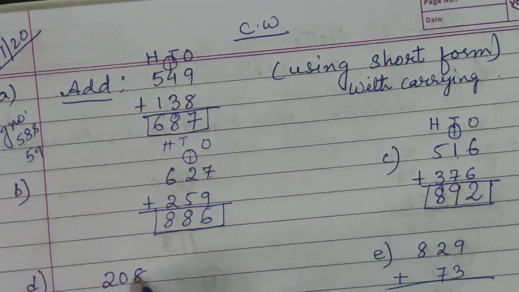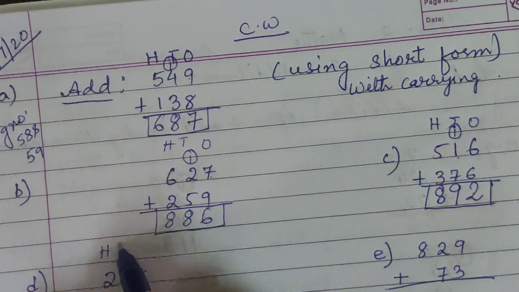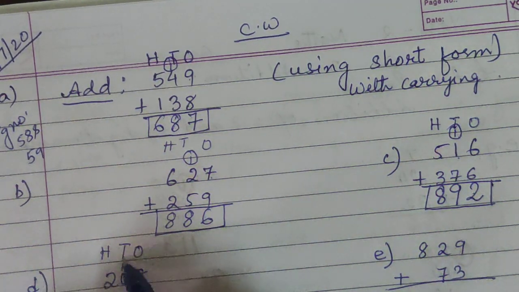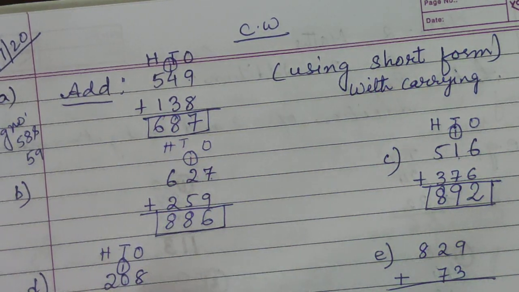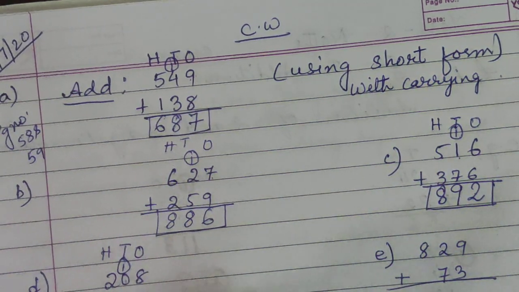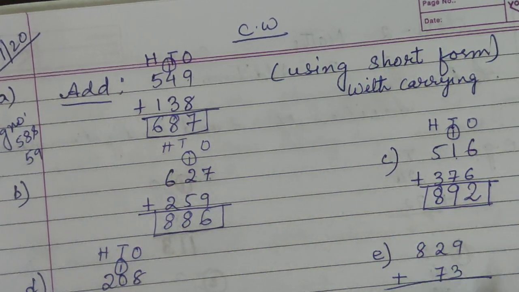Next come 8 plus 9, 17. So before that, first again you write hundreds, tens and ones. 17, 9 plus 8, 17, 1 you have to keep it here. So 0, 0, nothing is there, directly 1 will come. So 4 plus 2, 6. 670 is the answer.